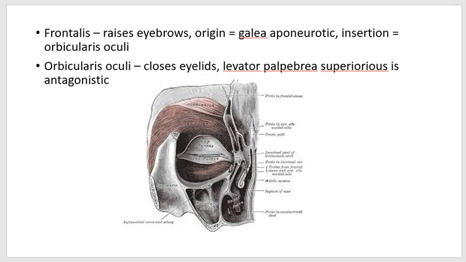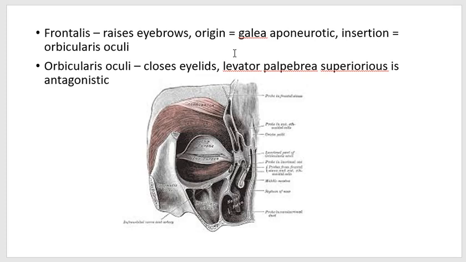The next one is the orbicularis oculi. So this is the muscle that the frontalis inserts on. And what the orbicularis oculi does, it's a circular muscle, and it allows you to close your eye. Levator palpebrae superioris is antagonistic to that. So, antagonistic means it does the opposite. So if orbicularis oculi allows you to close your eyelid, levator palpebrae superioris allows you to